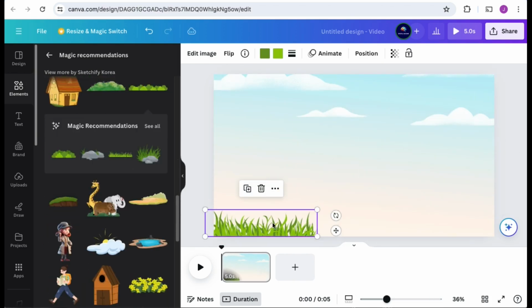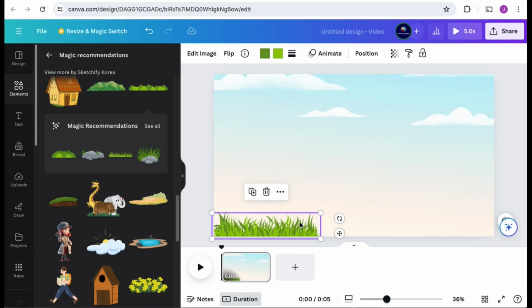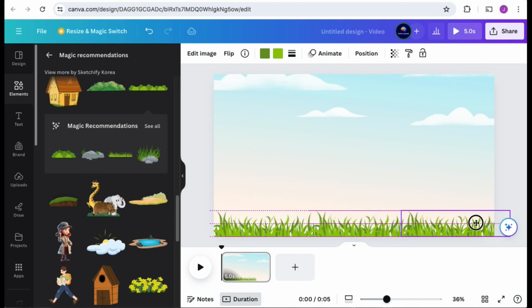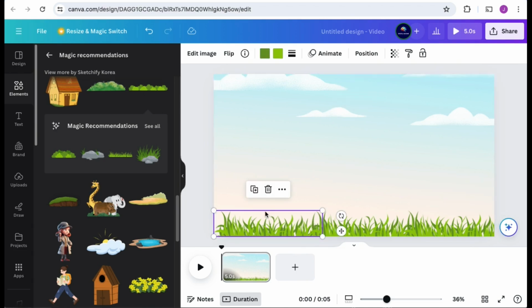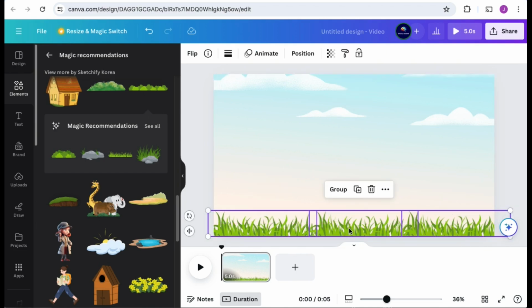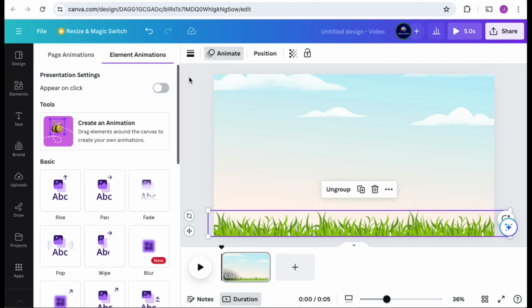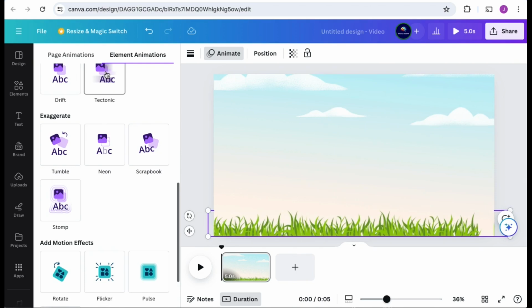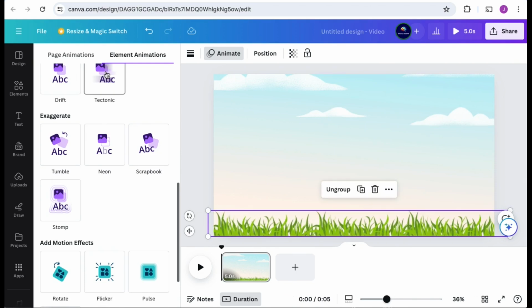We're gonna put some grass here. I'm gonna actually make a bunch of copies of this grass. There we go. And now I'm gonna group it together and animate it, just so we have some movement, because this is going to be a video. There, that looks nice.